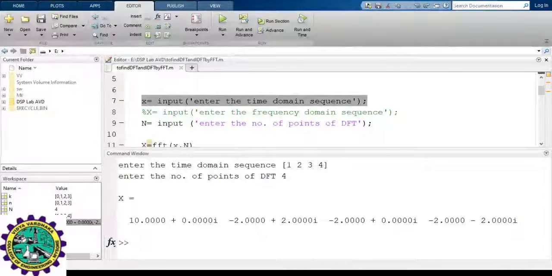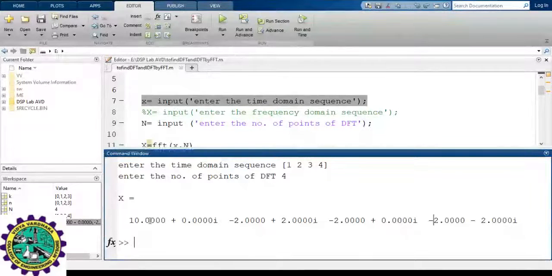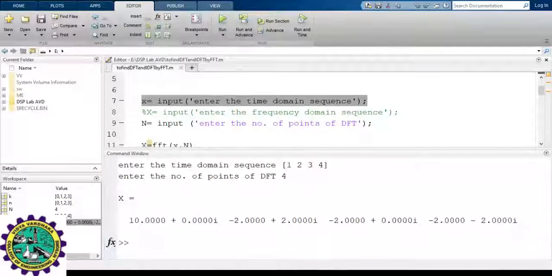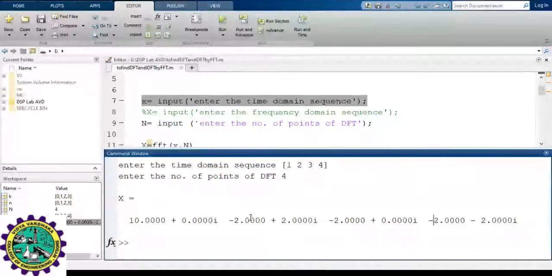Okay, first one is 10, right? If you observe the command window, first one is 10 plus 0i. If you take magnitude, that is root of 10 square plus 0 square, you'll get 10 only. So if you observe here, it is 10. At n is equal to 1, you will get different answer. It depends on what is the value here.